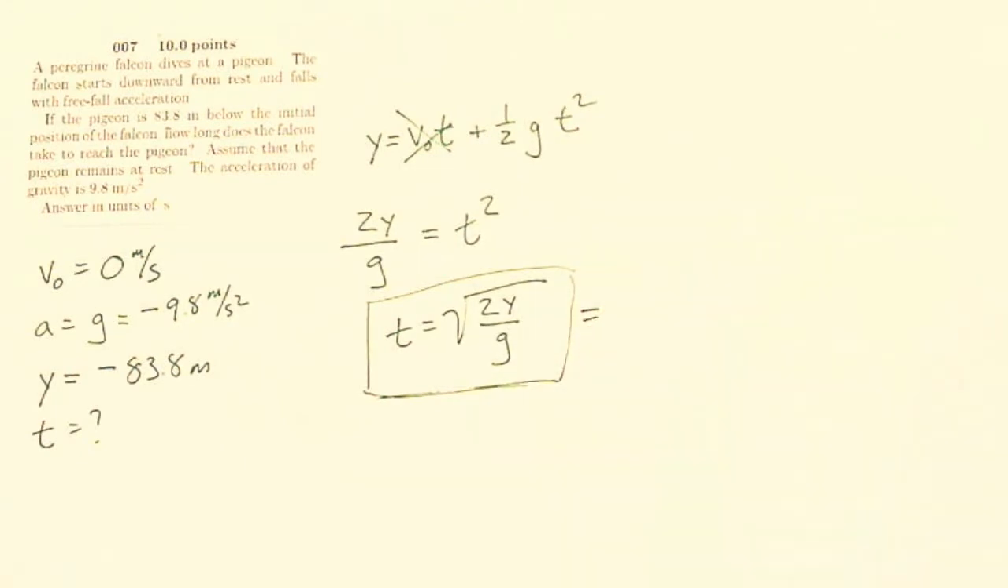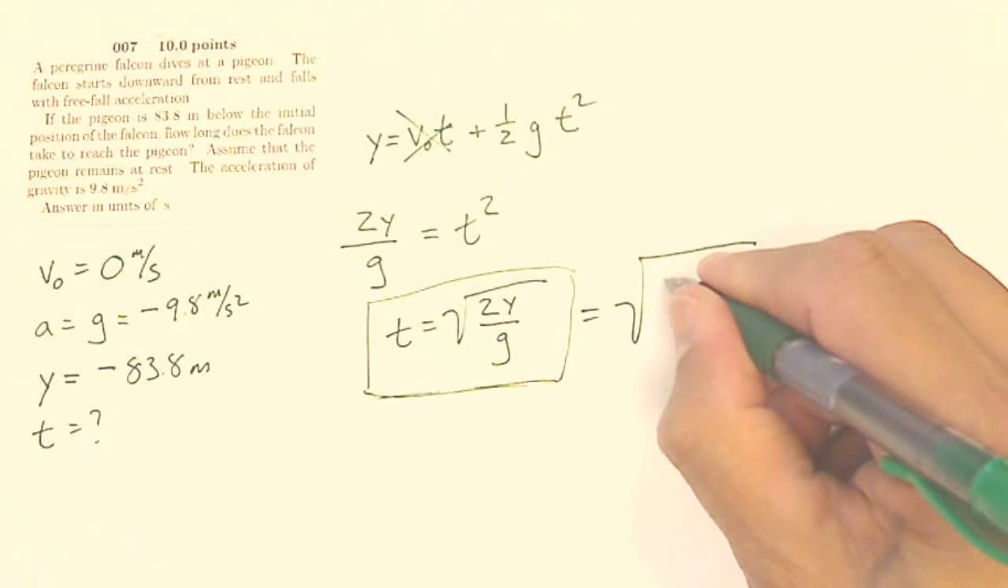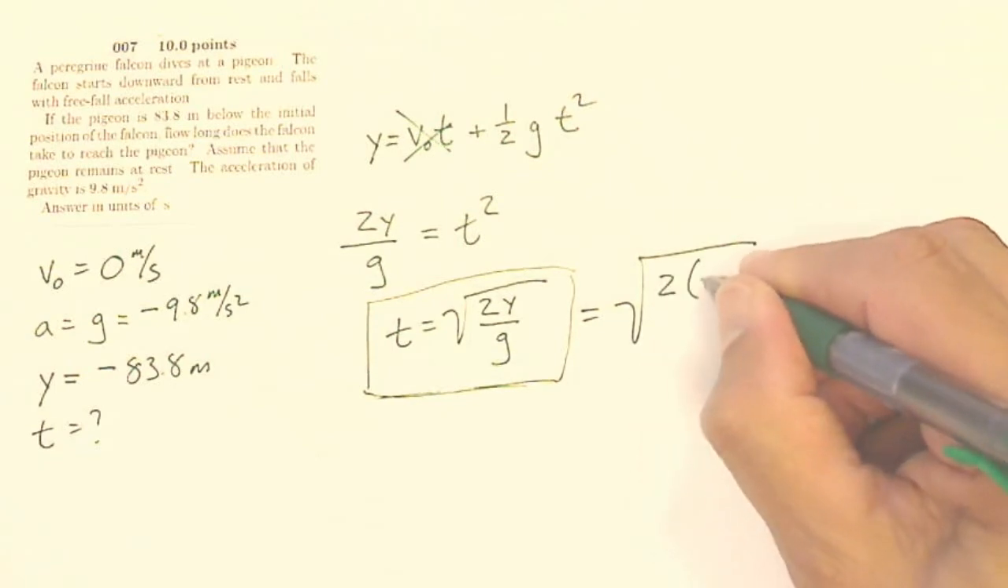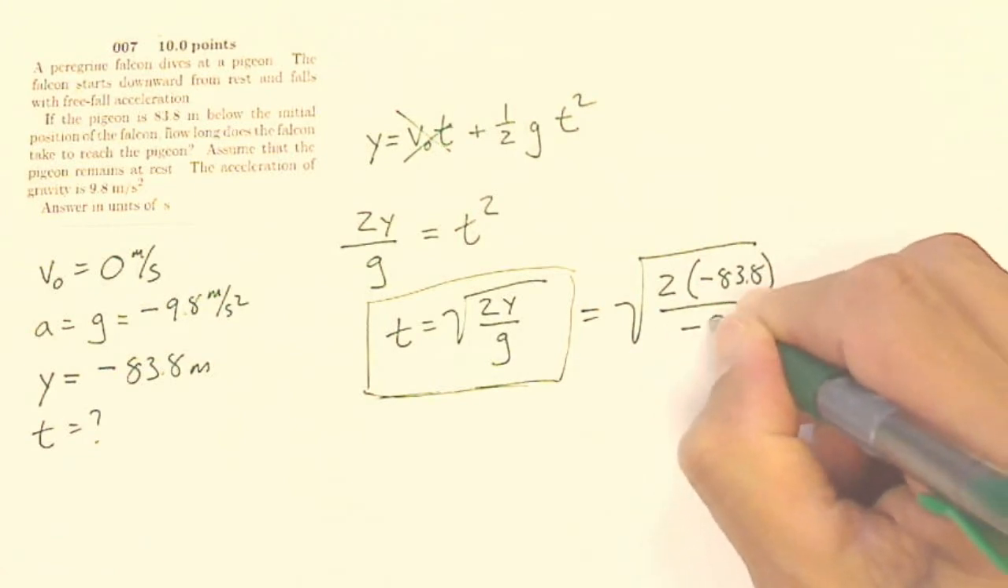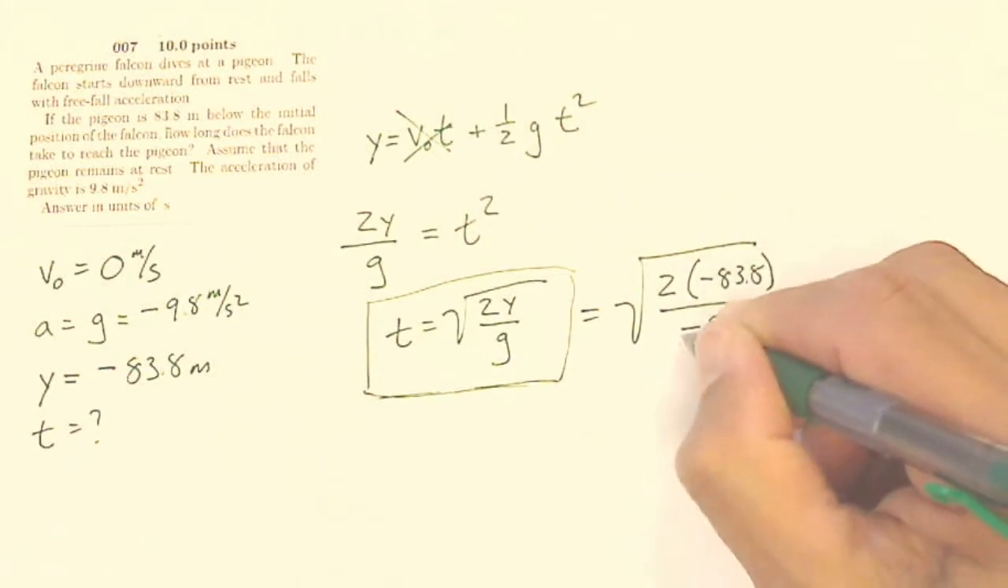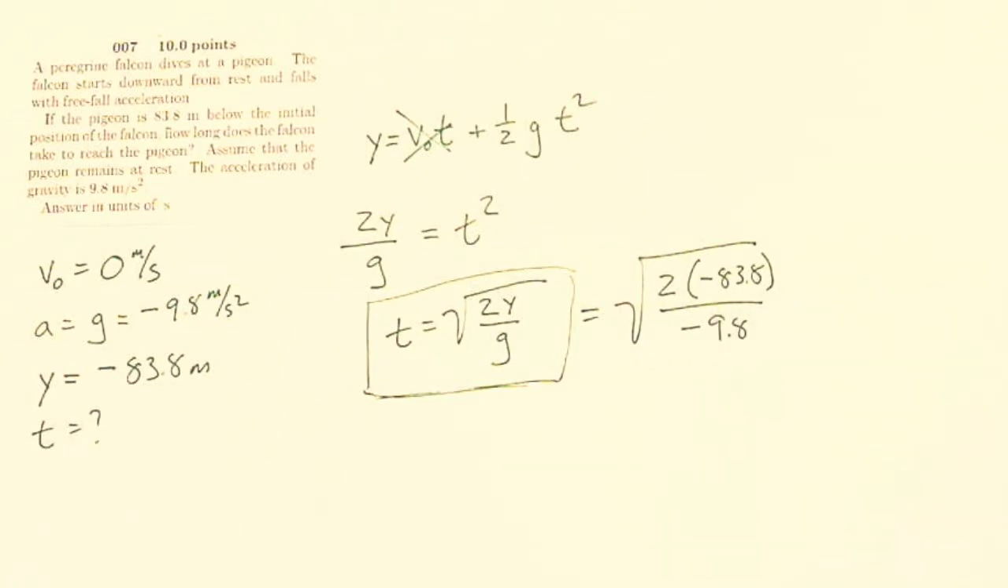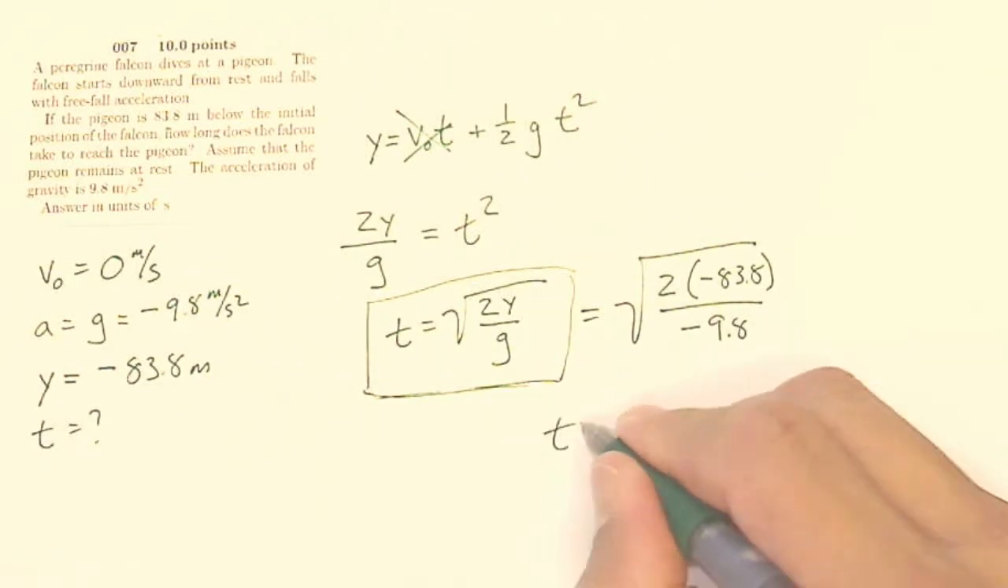So now I'm going to plug in my numbers. It's going to be the square root of twice my negative 83.8 divided by my negative 9.8. You'll see luckily those negatives will cancel out, and I'll take the square root of a positive number, and I will get my time equals